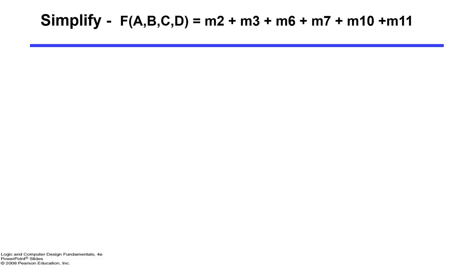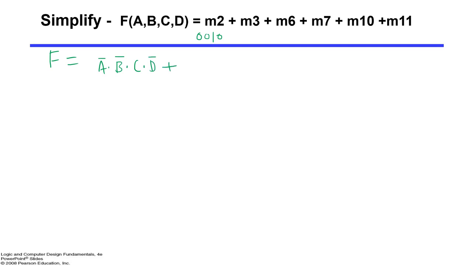So first of all, how is it given? It is given in the form of minterms. So let's write the function for this. So let me say f is equal to 2, which is 0, 0, 1, 0. So how will we write it? A bar dot B bar dot C dot D bar.